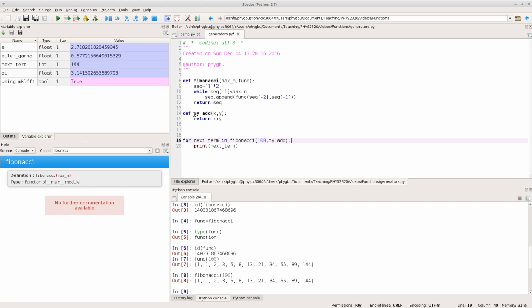Now my add, you see, it's just the name of the function. So the way to read this is I'm calling the function Fibonacci, I'm passing it two parameters, maxana, which I'm setting to 100, and the parameter func, which I'm setting to be the same thing as my add. So when I call this, it's going to go through as it was before, but every time it gets here and says, okay, call whatever func is. Well, the way I've called this, I've said func is my add, and it's going to just add the two numbers together. So if we run that,